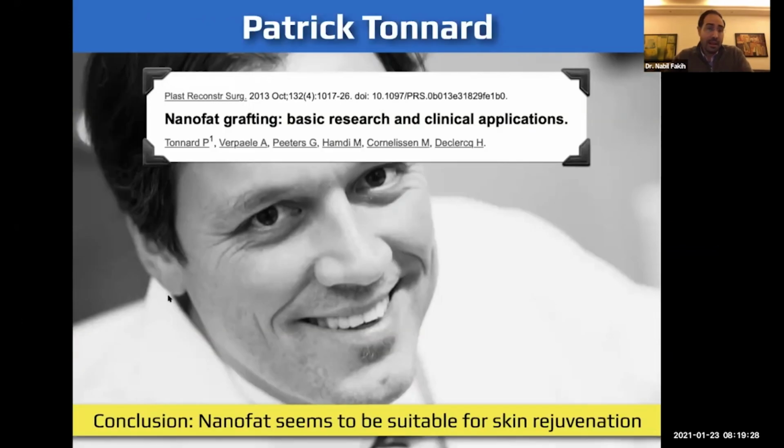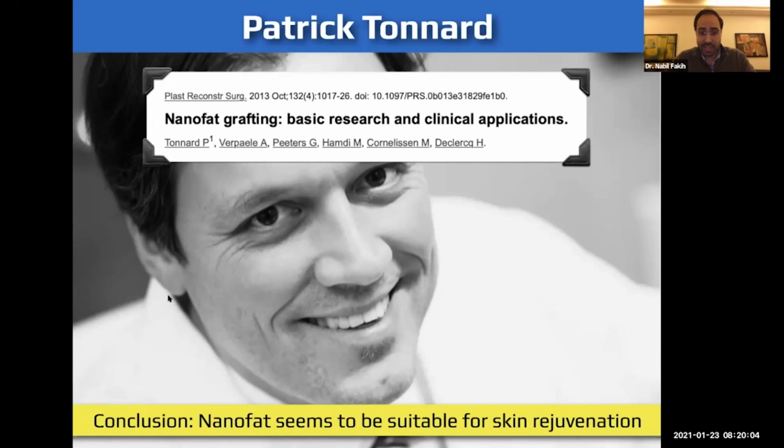Great. One of the best articles on nanofat, because I'm really addicted to all this fat grafting and nanofat, is from someone who for me is the master. And for sure, on fat grafting, I consider there are two masters worldwide. One is, as you know, Tonnard, and the other one, as you know, is the master who started everything everywhere, Sydney Coleman. He started with microfat and macrofat, and then with Tonnard, he started working more with microfat and nanofat. And really, I like it.